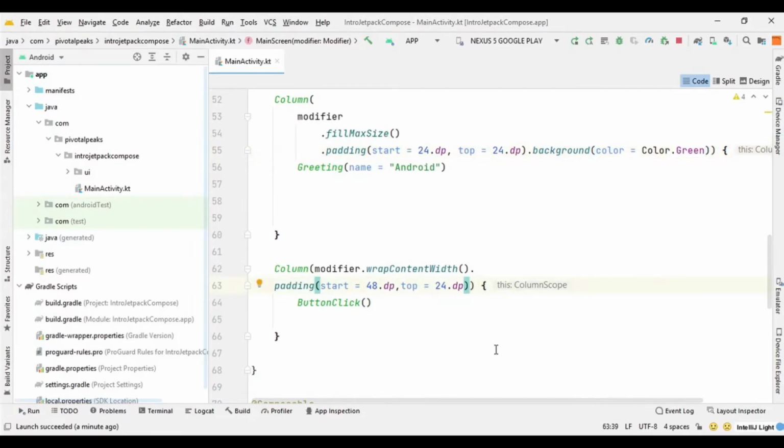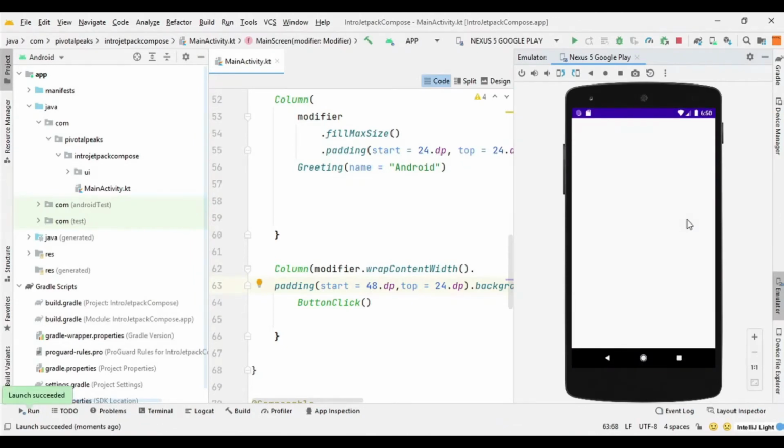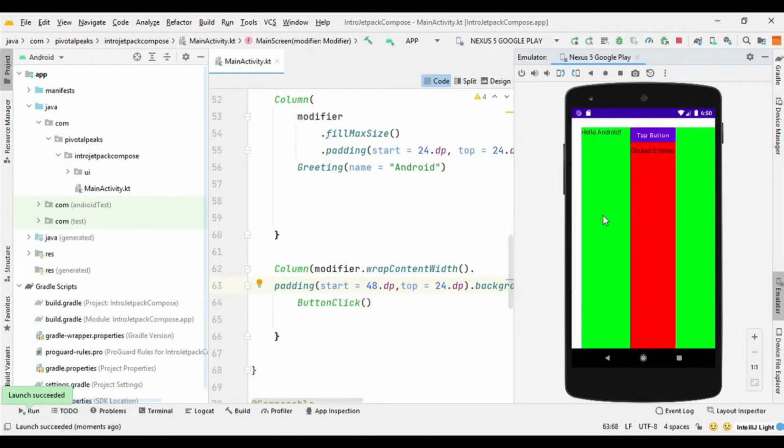So let's say dot background color dot red, and now you will be able to see how much space they are taking. So you can see the first column, because we have provided the fill max size, it is taking the entire screen, and the second column is not taking the entire screen because I have said wrap content.